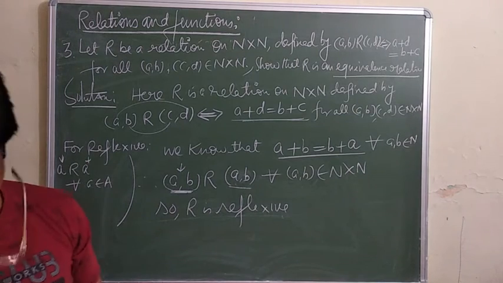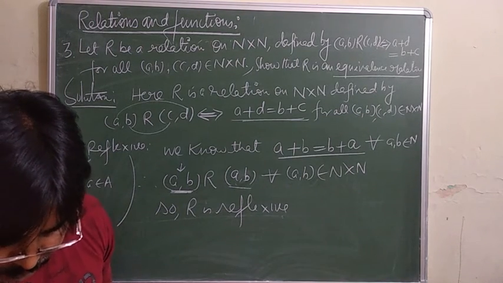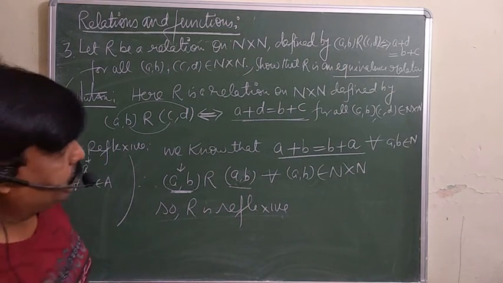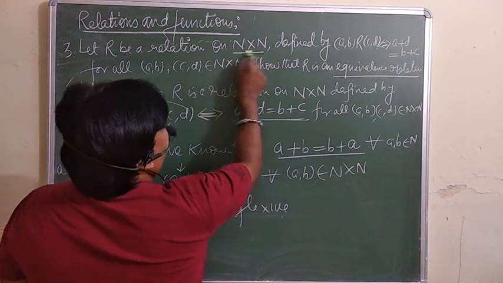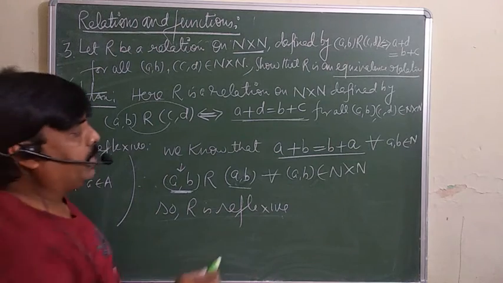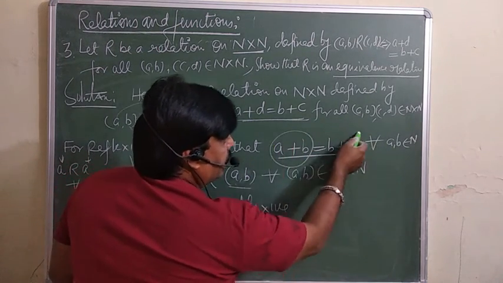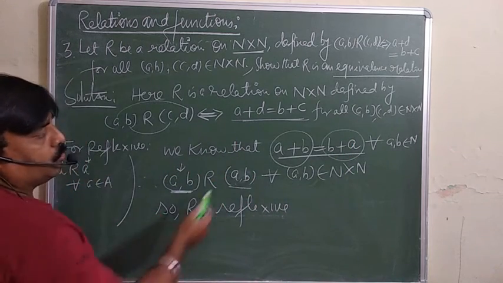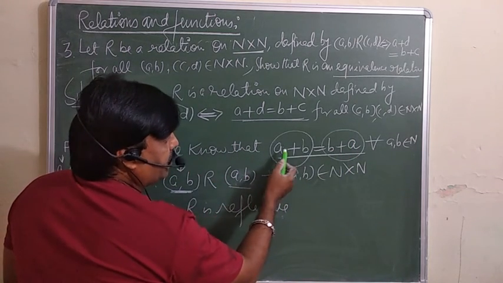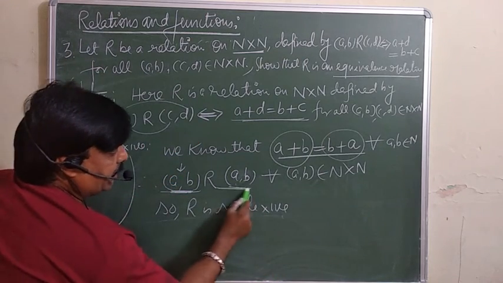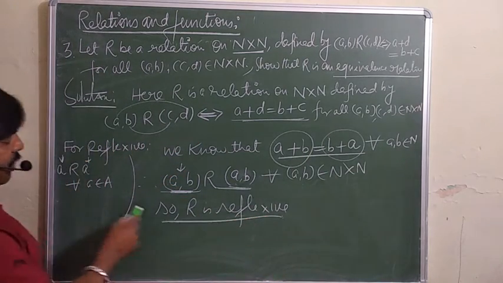There is a small correction here, but it is fine, no problem. Because a + b and b + a are natural numbers, they are equal, so we need not worry. It means the element is related to itself. So you will get a = b, meaning 2a + 2b, that is, a = b. So this is the relation we are getting, and it means this is reflexive.